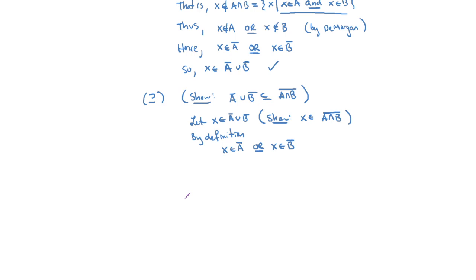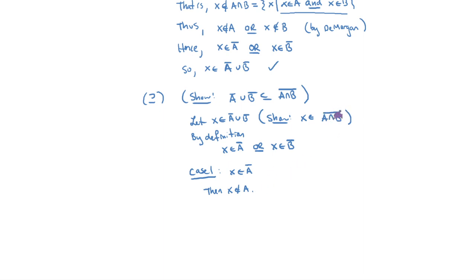Okay, so case 1. x is in the complement of A. If x is in the complement of A, what does that mean? Well, by definition, we can say that x is not an element of A. Okay, if x is not an element of A, does that help us in any way? Well, we want x to be an element of the complement of A intersect B. So if x is not an element of A,